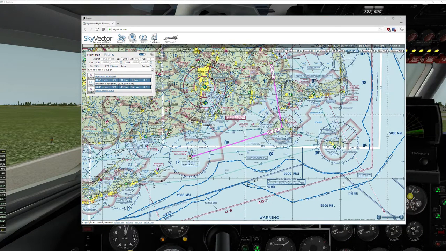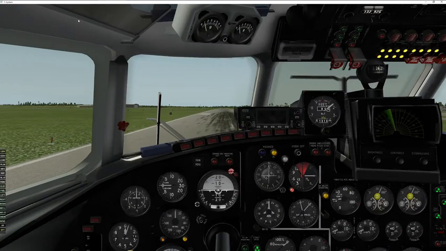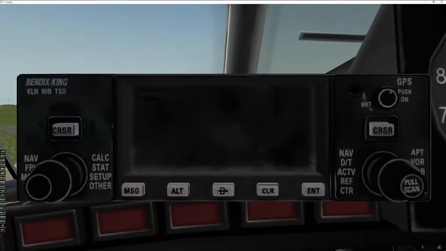It's going to be a much shorter video than usual, so you can see this estimates about 25 minutes for the actual trip, but we got to get in the air first, so we got to do that. One thing I will do before I start talking about the actual unit, which is right here, it's a KLN 90B by Bendix King, is that the easiest way to use this unit with this plane is to actually save